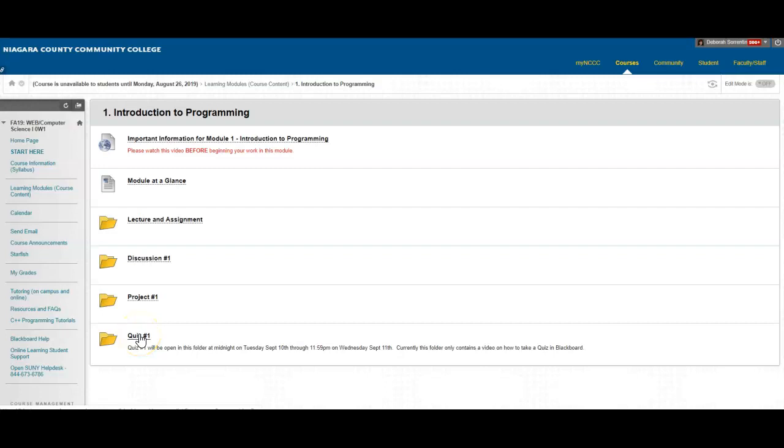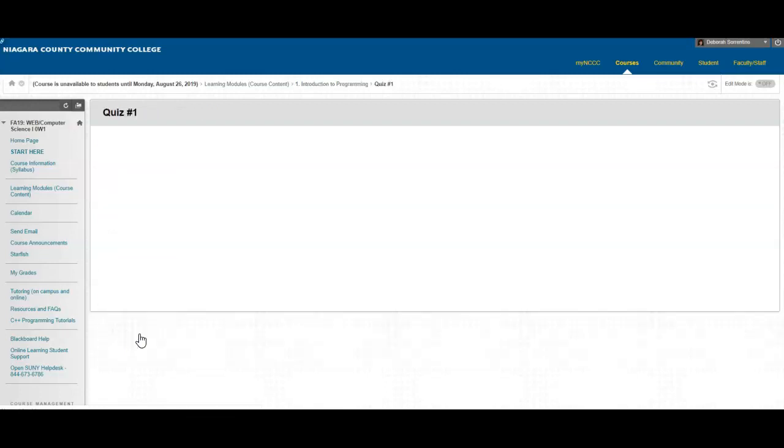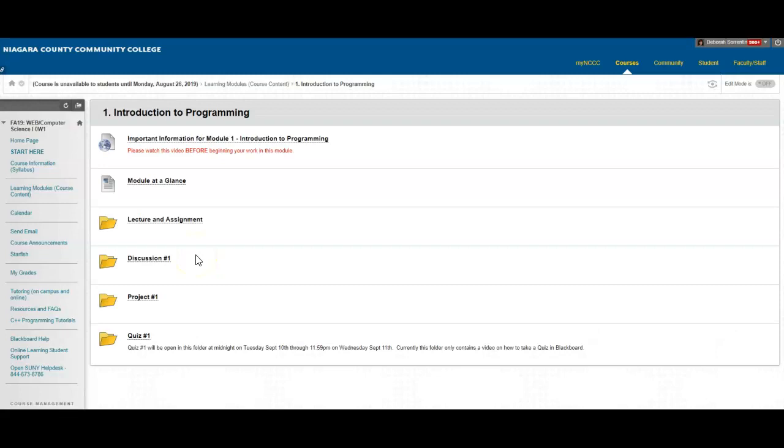And for each of our modules, we'll be having a quiz. When you go into the quiz folder, you won't really see anything. Well, there's a video there, how to take a quiz in Blackboard. But you won't see anything until the quiz is available. The quiz will be available for 2 days, Tuesday and Wednesday. And you can take it anytime during that period that you want, and you have 1 hour to complete the